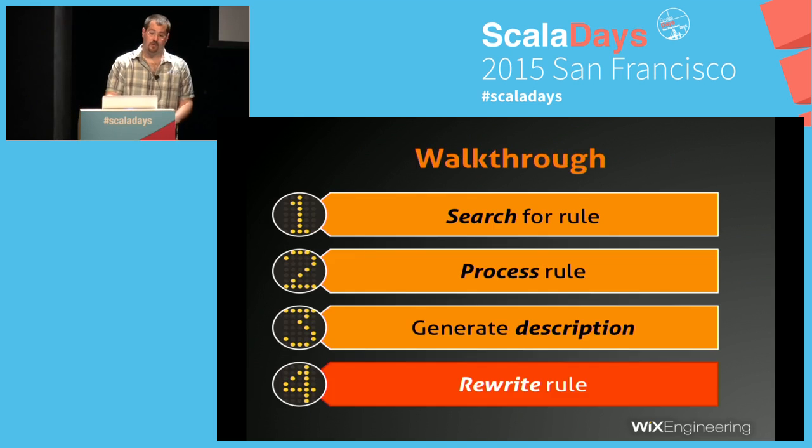The last thing we need to do is rewrite the rule. And what do I mean by rewrite the rule? So far, what we've done is teased it apart and generated a description for it. Now we need some sort of way to add the description to the rule. And